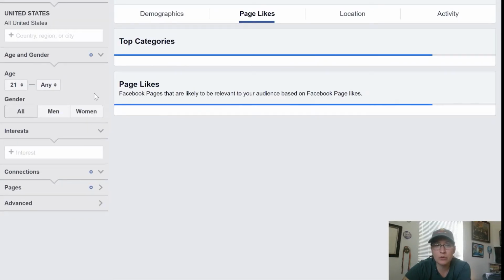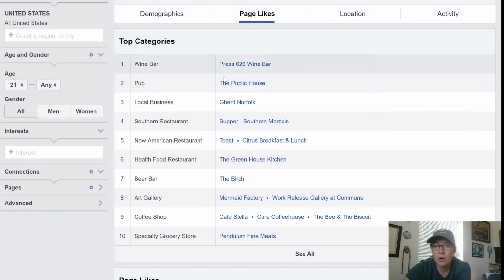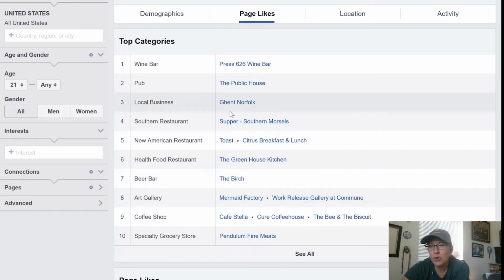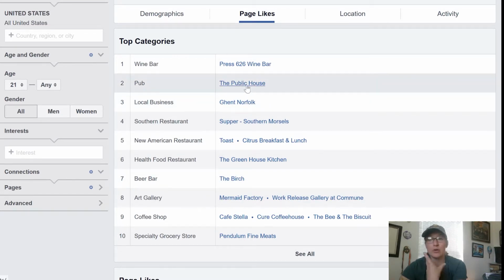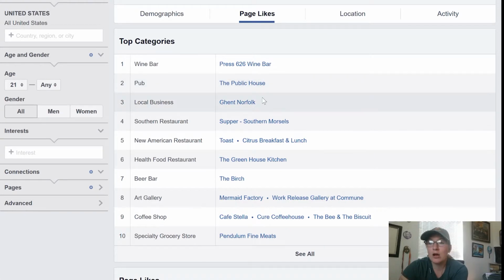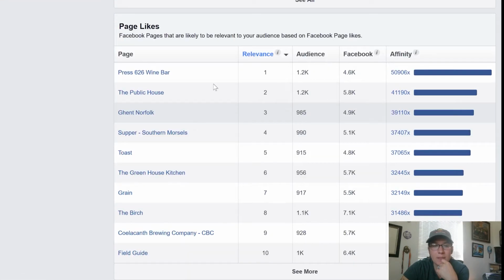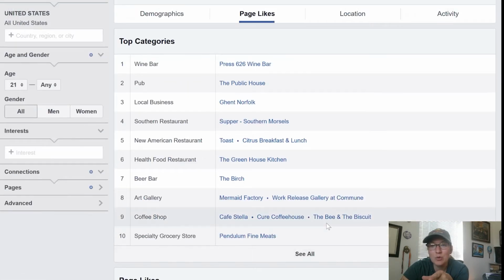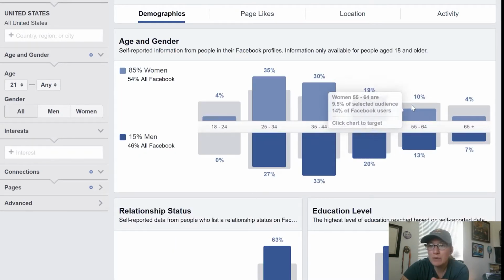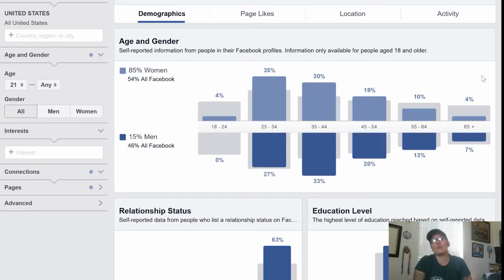Then you can go through to page likes. You can see what other categories your people are liking. So when you're going through and you're targeting people and building ads for people, you'll be able to see what other interests you can target because you know that your same demographic likes these pages. So that I think is super cool. I just want to share this because I think it's so important that if you don't know who you're marketing to, you're not going to be very good at marketing.